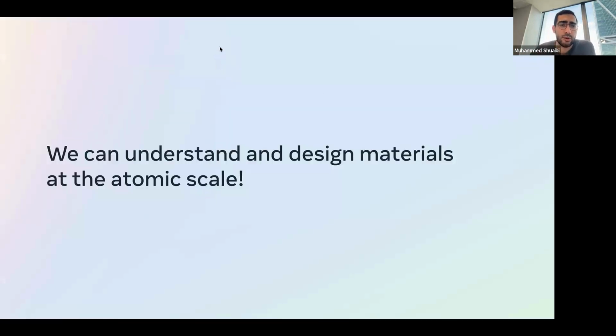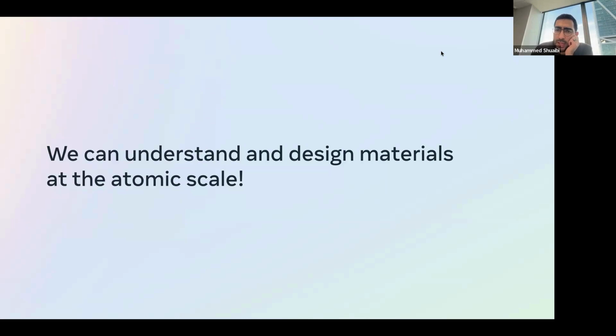So now the big question is, okay, how do we discover new catalysts? We know catalysis is an important problem. We need to find new catalysts. And the big question is, how do we actually study that? Traditionally, this has happened in the lab. Someone will propose a material, they'll go in the lab, they'll spend hours studying it, and they figure out if it's good or not.